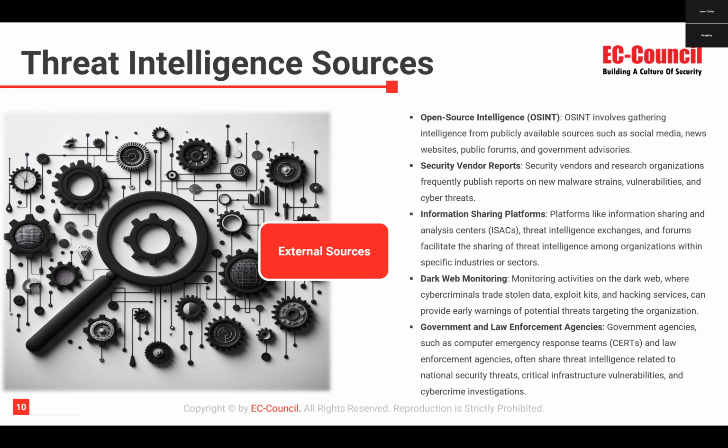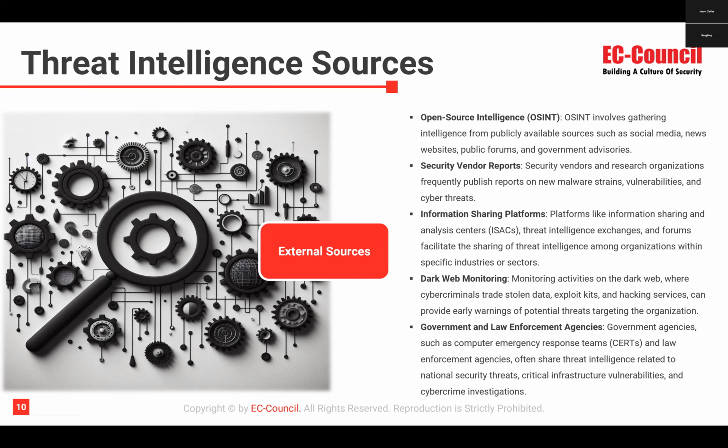External, you guys have seen OSINT stuff when we go out to KC, and you guys have played with the OSINT conferences. That's the ability for you to gather information, intelligence from publicly accessible sources like social media, news websites, public forums, and government adversaries or advisories. Security vendor reports that come out. You'll have information sharing platforms like ISACs, Threat Exchange, the dark web monitoring type tools that are out there, and then government law agencies